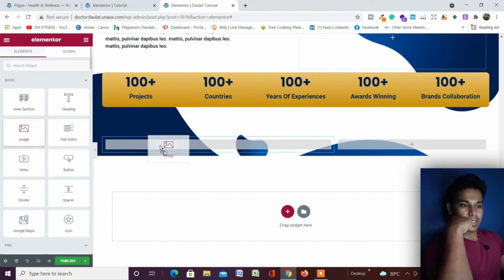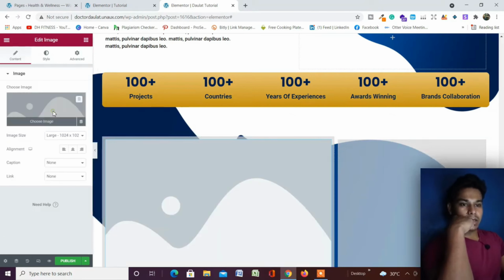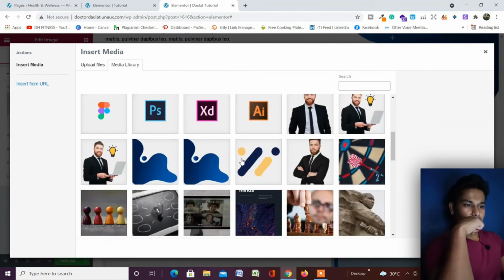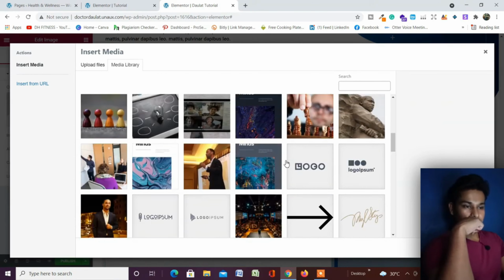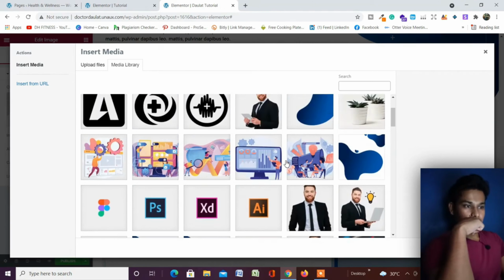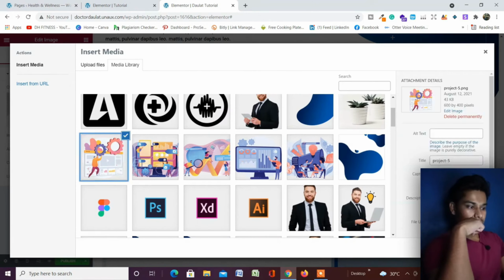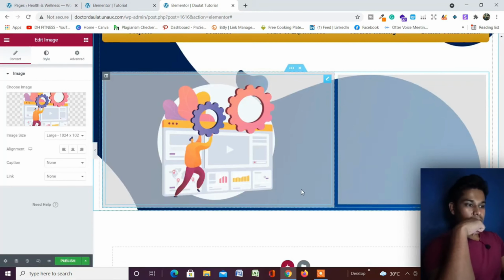So bring this image section into this section, and click here, and from here you can display all your projects which you have worked on in the past. So the project I want to display first is this one. Click on this, and as you can see there is a problem in this. We also have to set the border radius. So let's select this,